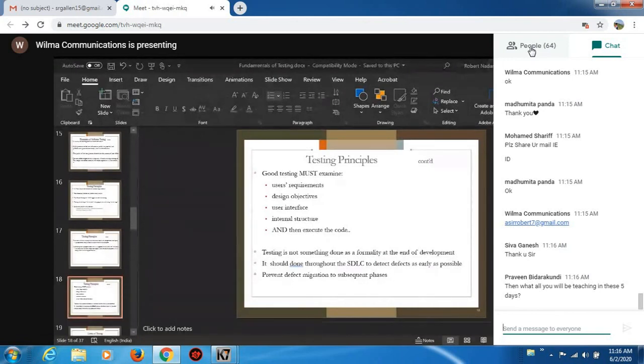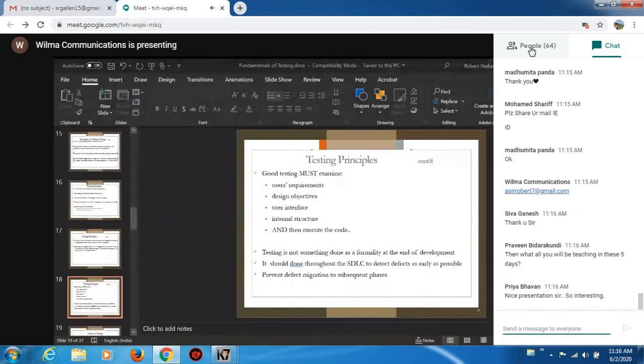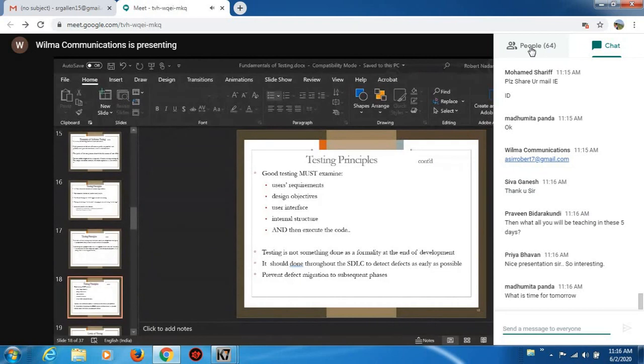During these 5 days of training, we will be discussing all the testing fundamentals. Today we discussed what testing is and why testing. Tomorrow we'll discuss the different levels of testing, types of testing, methods of testing, and testing techniques. Everything will be an overview, because we cannot go in depth on all those topics. And we will cover automation, why automation is important, and I will show you how we can execute through automation with the help of Selenium WebDriver.